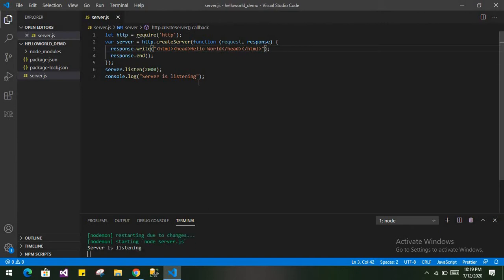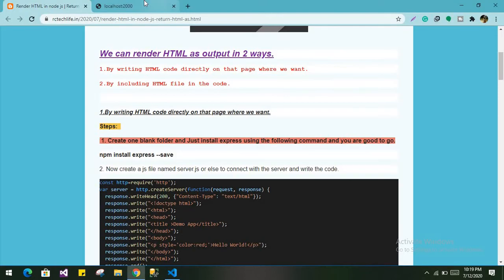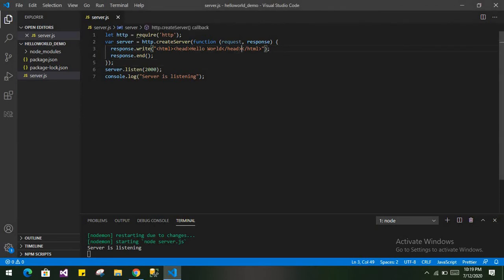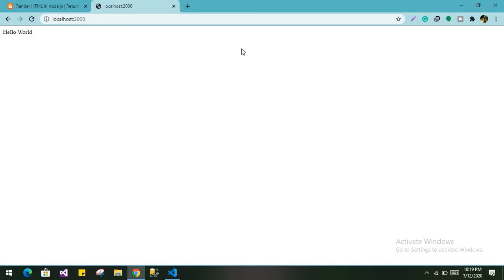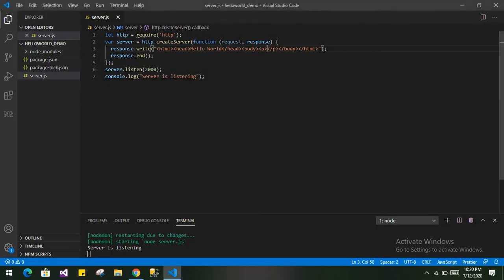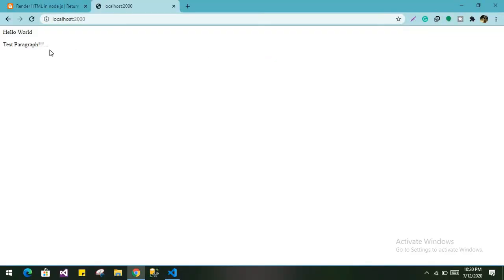When you save, all the changes will automatically reload, meaning compile, and when you refresh the browser, you will see that the heading has been rendered. Similarly you can define a body tag, /body, and in that if you want to write a paragraph, define the p tag, /p, and just save it. You will find the paragraph, like a test paragraph, and refresh the browser, you will get the result.